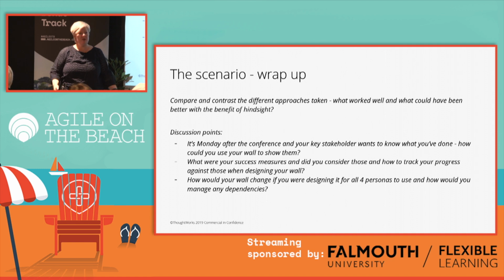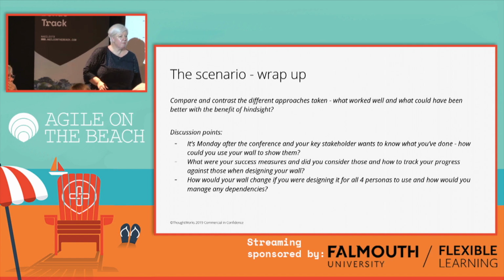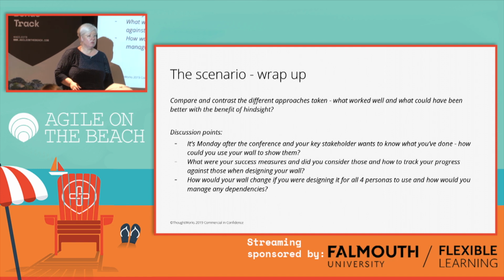Okay. What might you physically need to represent on the wall if you were doing it for all 4 personas? Because it's possible, isn't it? As an organisation, you have people who are part of the organisation committee for the conference. They're going to exhibit, they're going to present, and there's going to be some attendees. So if you were running a sort of, let's plan for the conference, you had your war room, you had your wall, what would that wall look like? Would it just be a bigger, scarier thing? Would you divide it into multiple components and then have that physical,